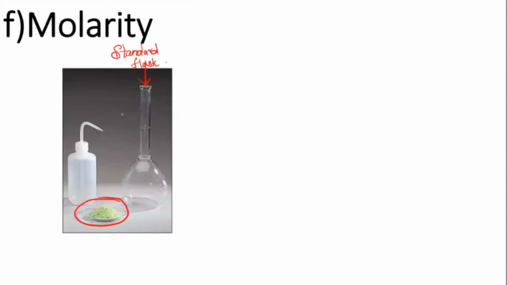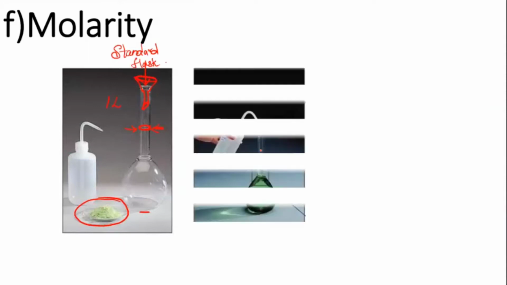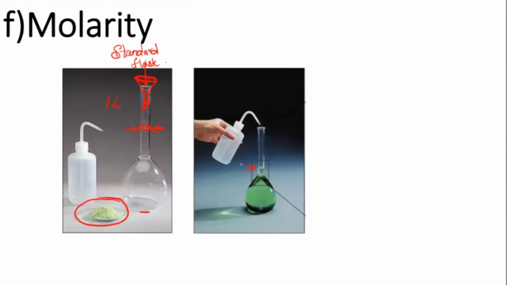It's 1 liter. Here this standard flask is of 1 liter. You can see a marking over here, which indicates that this standard flask till here makes up to 1 liter. From the bottom till this marking it is 1 liter. So when you take 1 mole of this solute, we usually transfer it using a funnel. Then they will add water, and after adding water we make up to that mark. I told you, this marking, till there it is 1 liter.